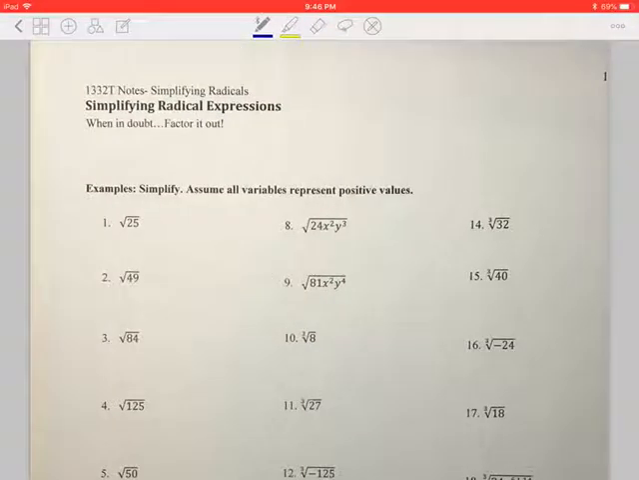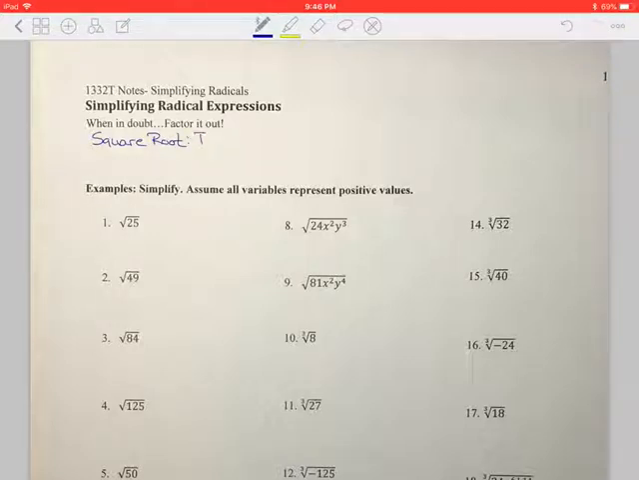Hey everybody, today we're going to look at an algebra topic, simplifying radical expressions. So there's a couple different ways you can teach this. This is the way that I like to teach my algebra students. If you are trying to simplify a square root,